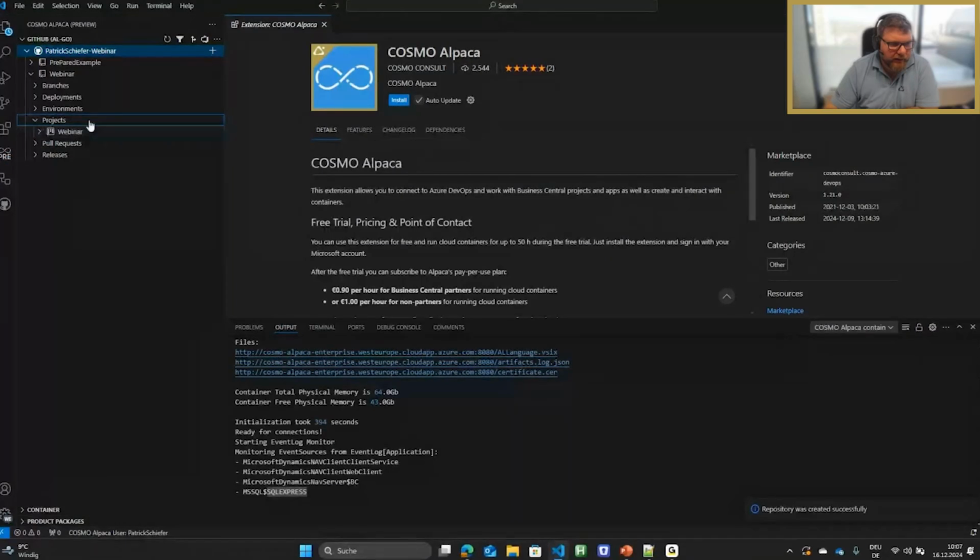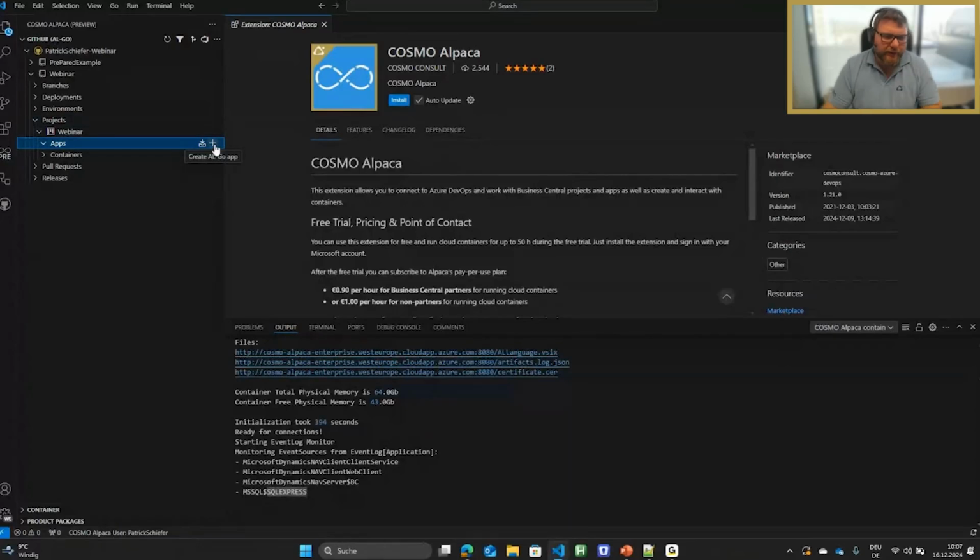When you start a new repository, you don't have any apps inside there, then you can just click here on apps, and you can create an ALGO app from here directly. So we start with